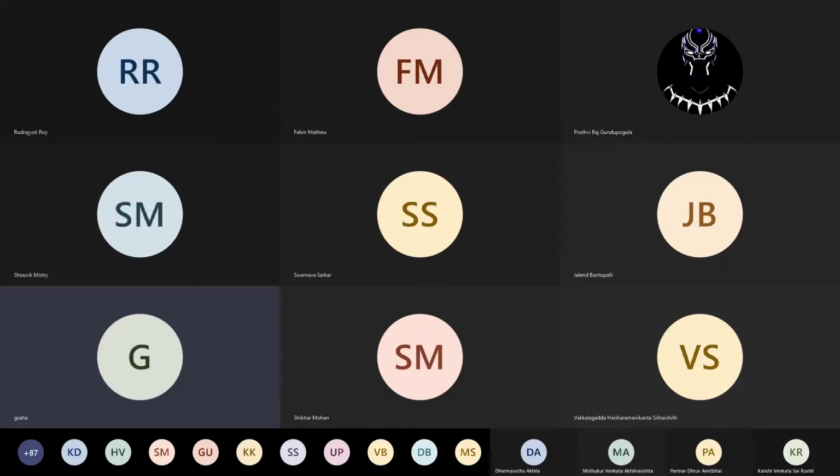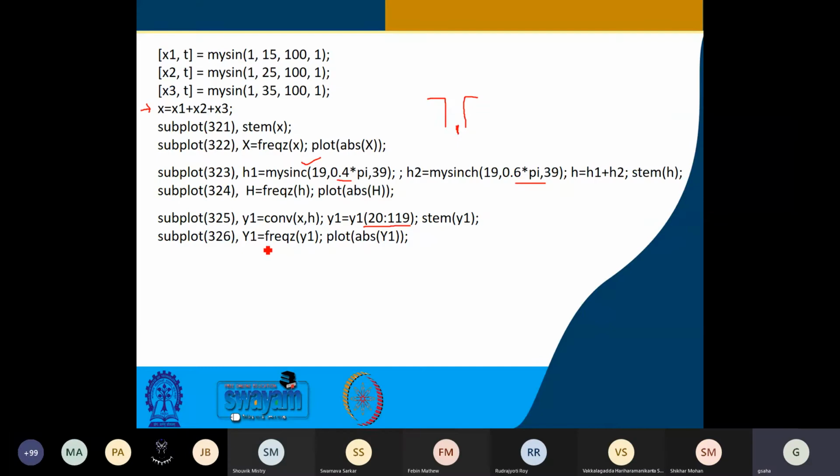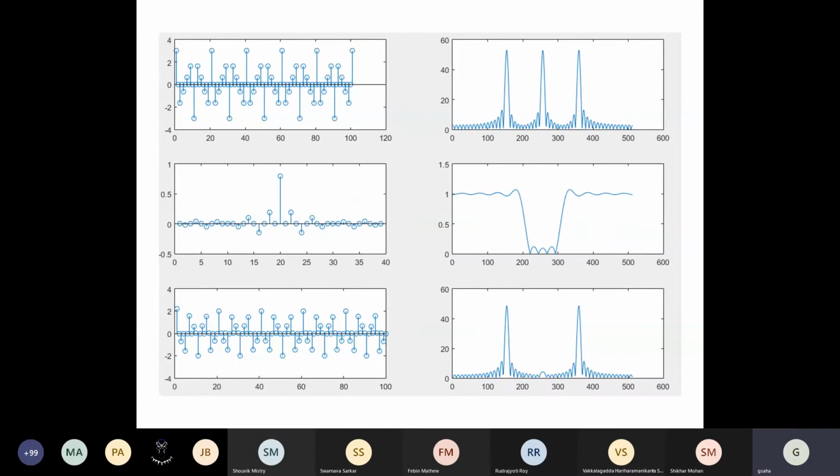Okay, and then we plotted its frequency response. So we obtained that we found that whatever design we're supposed to do, we're able to fulfill the requirement. Of course, because of these lobes that are there, we can see at 25 hertz there is a presence of side lobes and all. So some values are there, but it is sufficiently attenuated to a great extent.